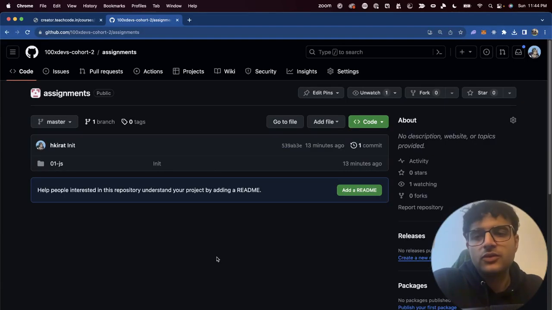All right, quickly going to share how to bring the assignments locally and how to make sure you've done the assignments correctly and test them. So throughout the cohort, we'll try to maintain all the assignments in this specific repository. The way to bring this repository locally on your machine is go to this link, which is 100x